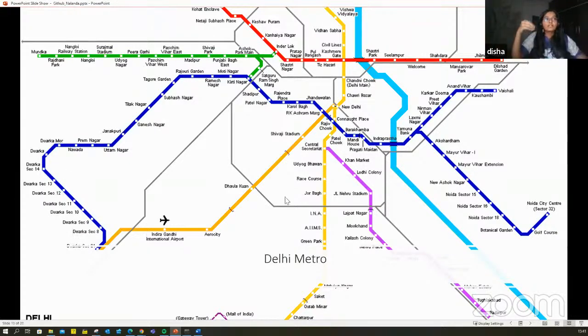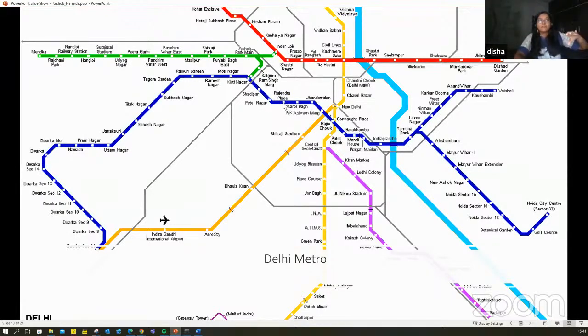So we don't just make nodes at random, we label those nodes. Why do we label those nodes? Because we want some identifier for that node. Where am I right now? I am at Rajendra Place. Then I really want to go towards Moti Nagar. So it becomes an identifier.